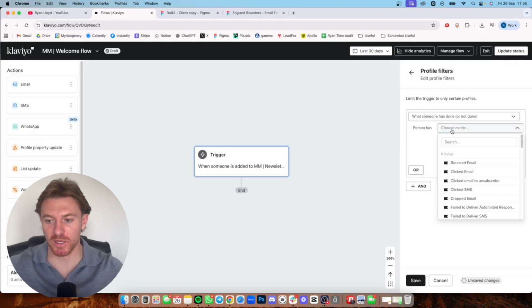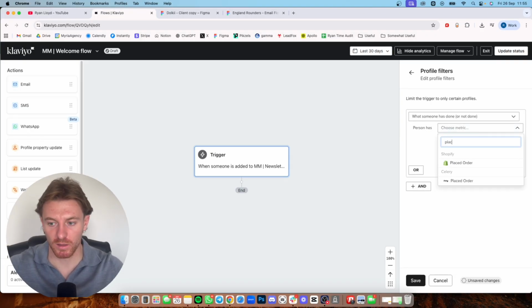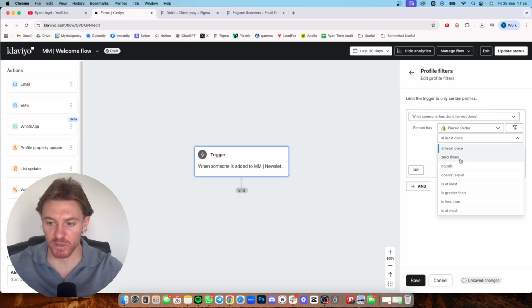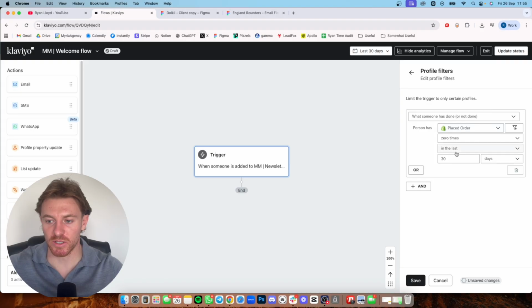So we want to make sure that placed order, so that means they've confirmed the order, they've actually purchased something, they want to be then removed from this flow because then they're going to be transferred into the post-purchase flow and they're going to stop receiving this as well. So place order zero times in the last, you can just go